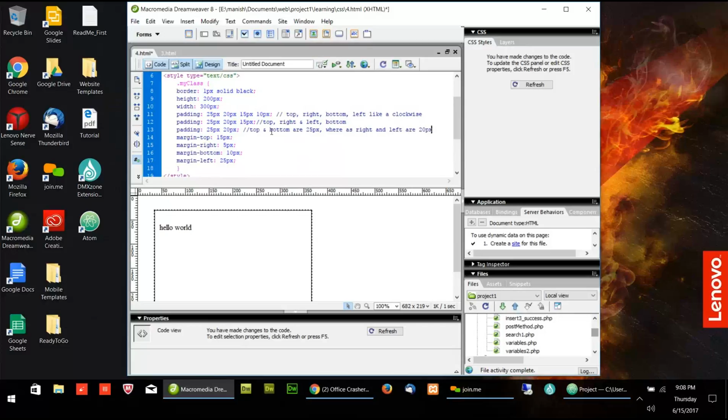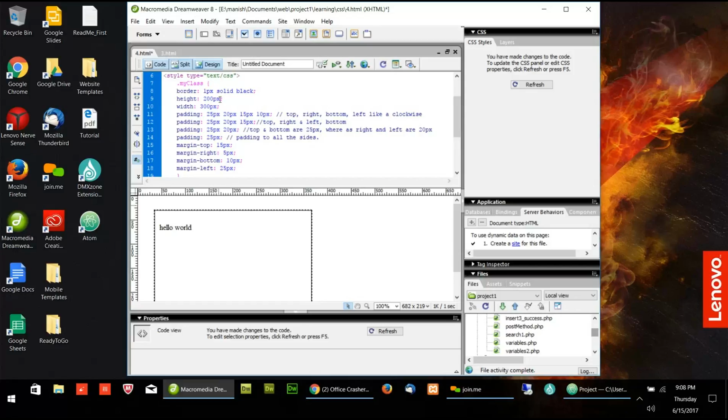So we can define either two values or three values or four values, or we can define one value that will be added to all the sides. So if I say 25 pixel, that means padding to all the sides.